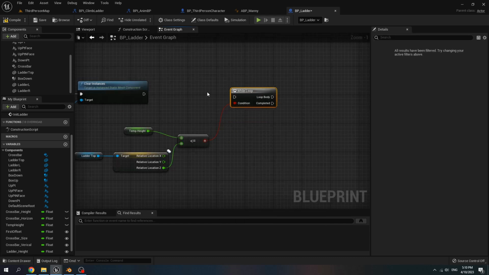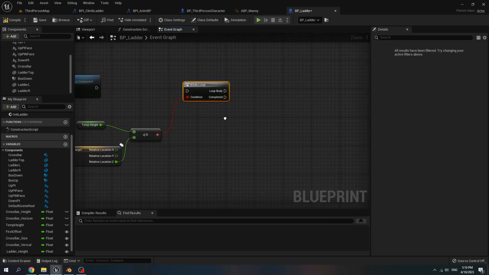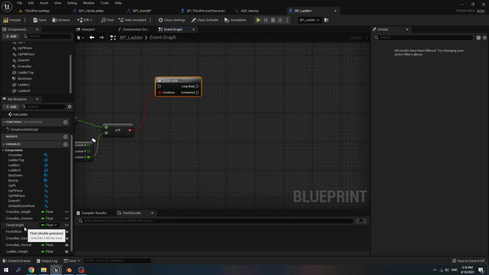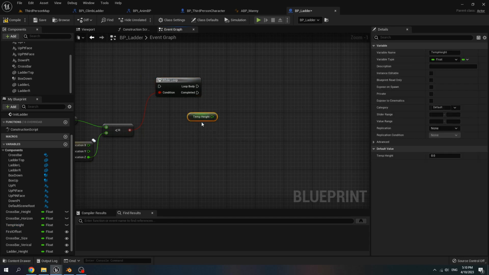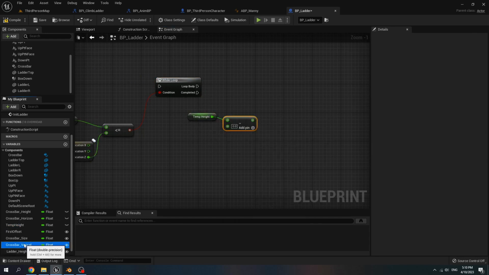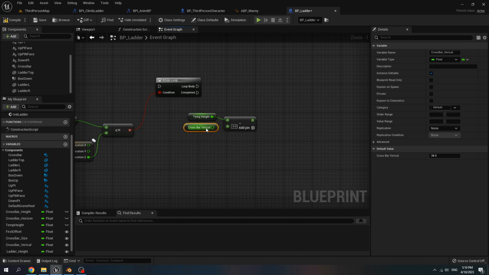This while loop we don't connect to the event yet because it can freeze your engine when we have any error.